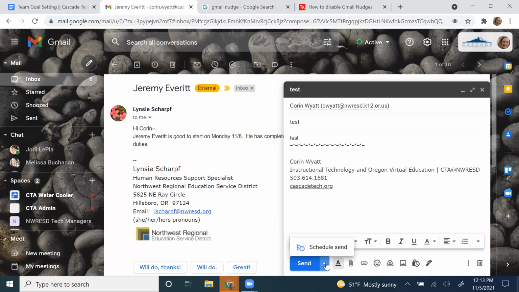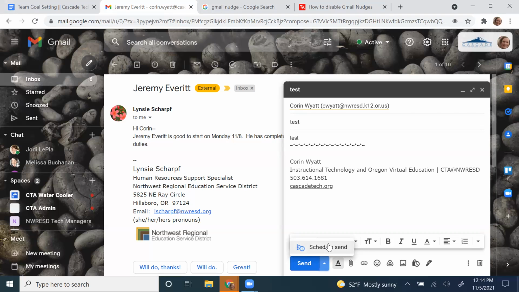So especially if you manage people, you're going to want to schedule these to send not in the middle of the night if you happen to be working, or even checking your email at 9 o'clock at night or something. You may want to schedule it for the next day. Because we do have this love-hate relationship with email, and sometimes we need that answer immediately, and we're using email instead of phone or chat, which is not great.